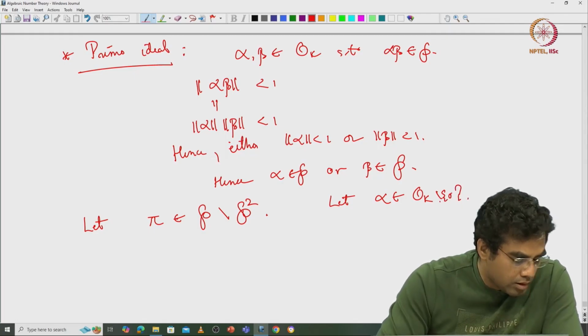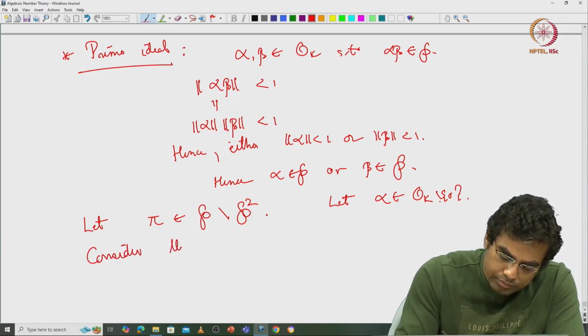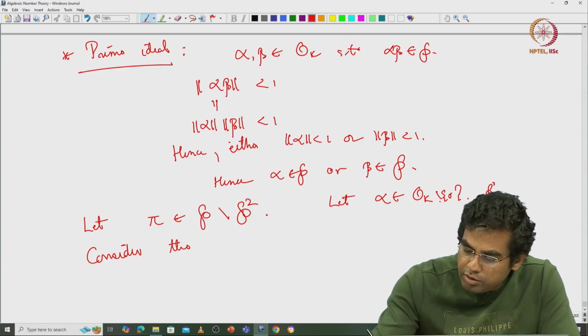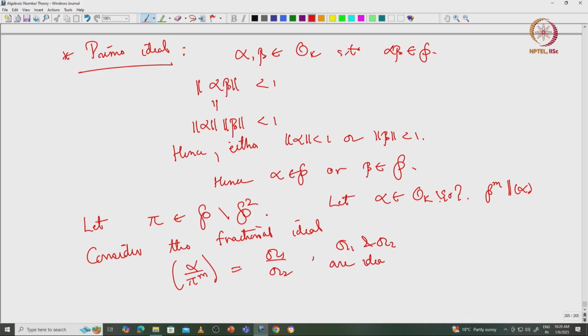Then consider the fractional ideal, and let P to the m be the largest power of P dividing alpha. Consider the fractional ideal alpha by pi to the m. If I write this as A1 by A2, where A1 and A2 are ideals in OK,